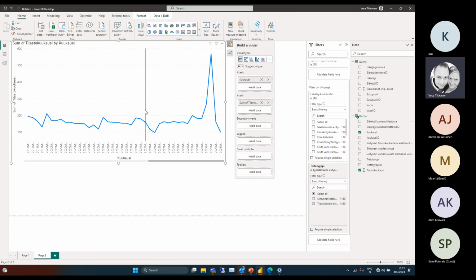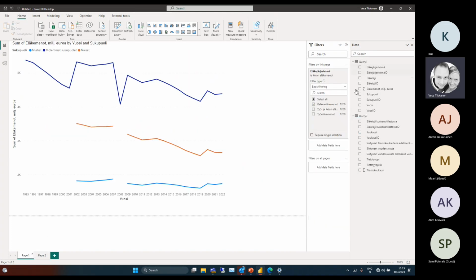And then, of course, if you put them on a line chart, you will get double the numbers because you have all the subcategories plus the one that is like a total. So you have to always look through that to make sure that you are counting the correct thing. For example, here in this eläkelaji,